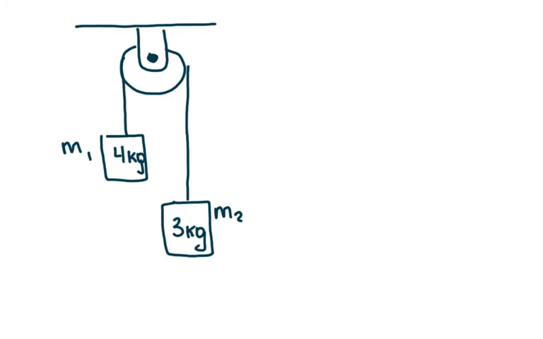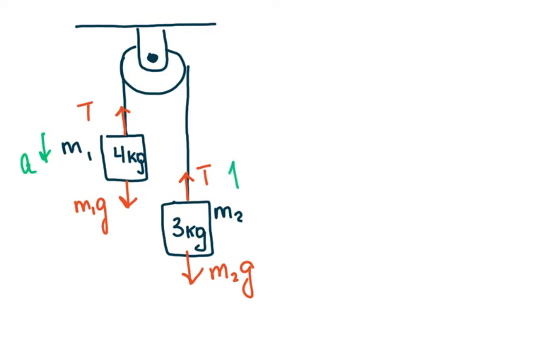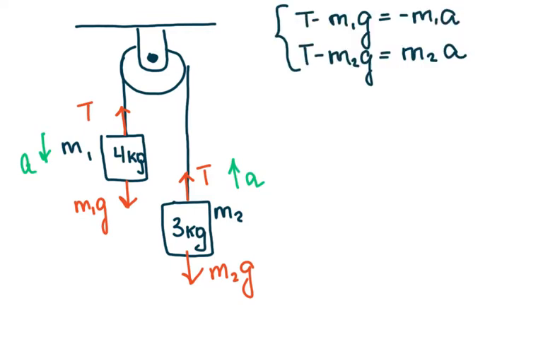Let's look at this problem. So I'm going to draw the forces that are acting on my masses. So it's the tension and force of gravity. So I have tension, M1G, tension, M2G, and acceleration in this case is going to be down, and acceleration in this case is going to be up. If I write the equations for my system, and I solve for acceleration,